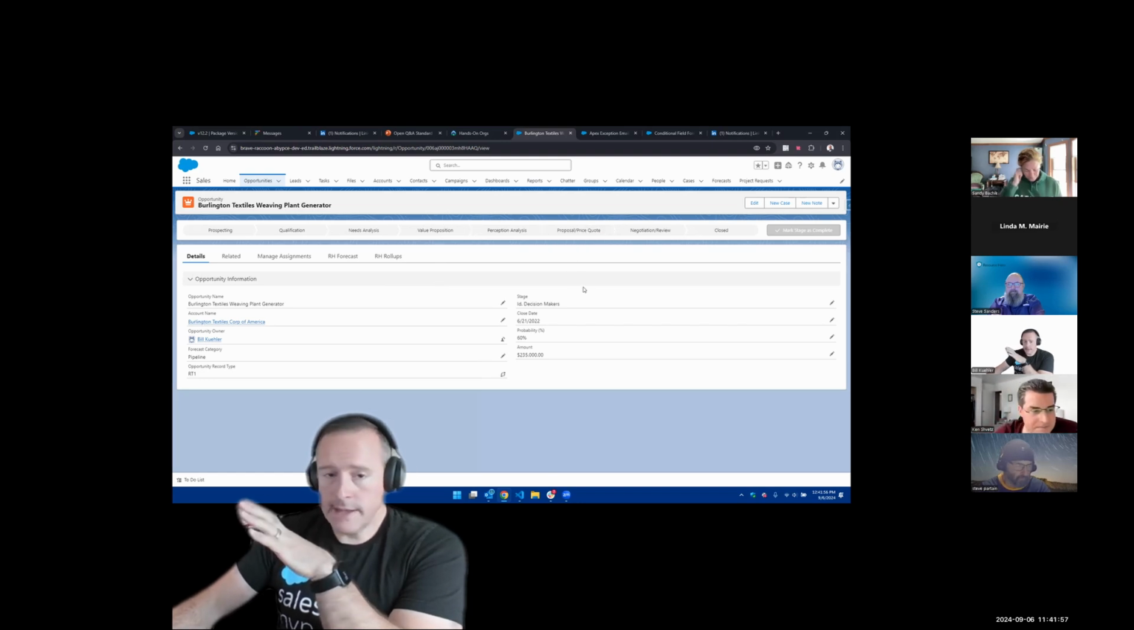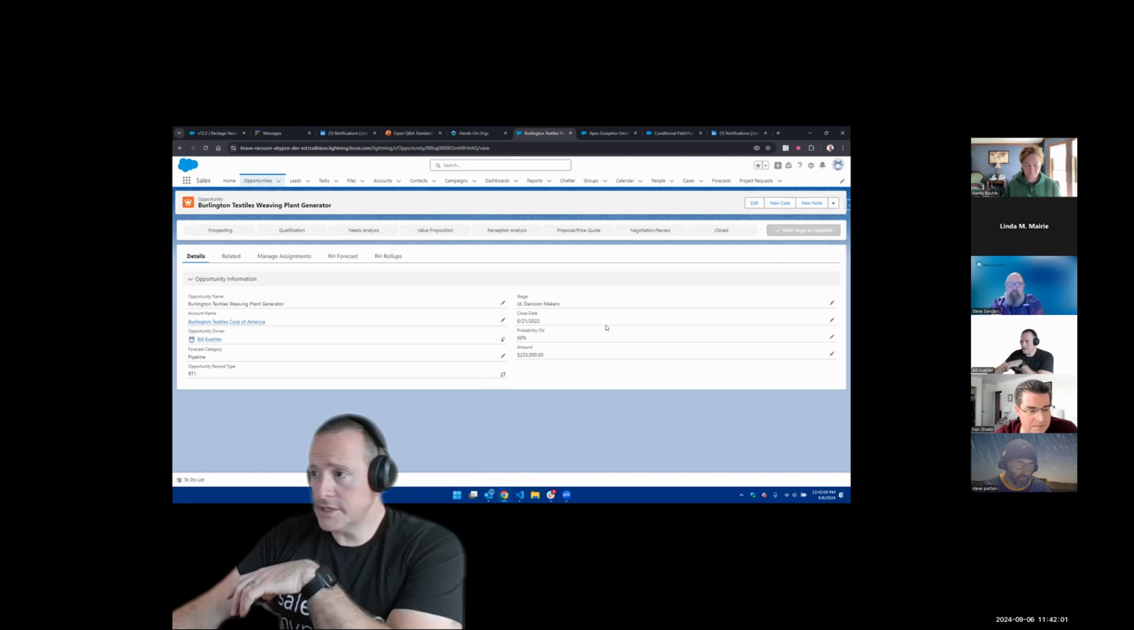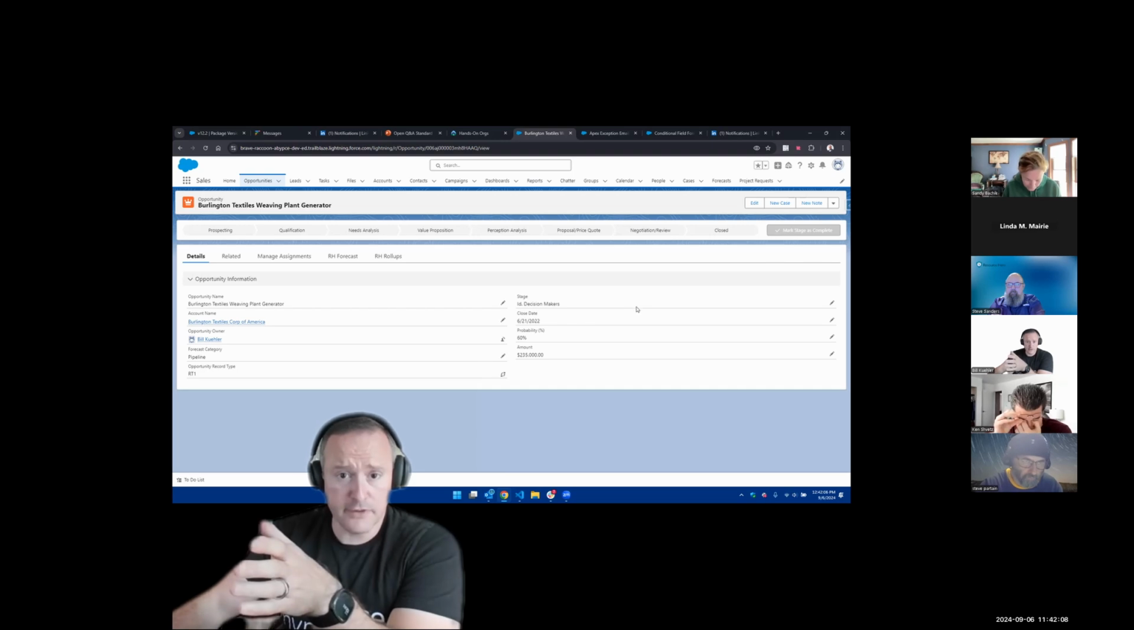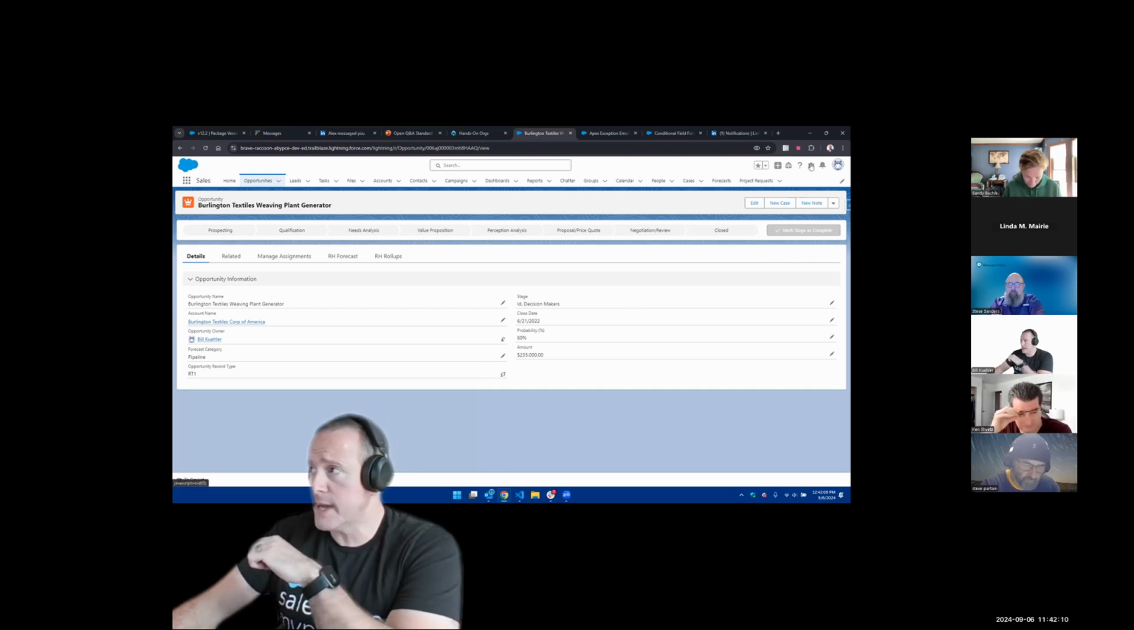All right. So we're looking at the opportunity, for example. Right here we have a bunch of fields. Now let's say that I want to display a subset of fields when the stage is one thing and a different set of fields when the stage is something else. That would be the equivalent of your funding source field that you had. Yeah. So if we go to edit page,